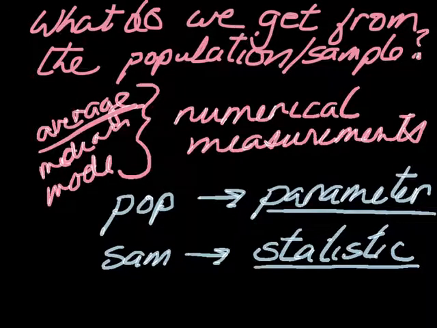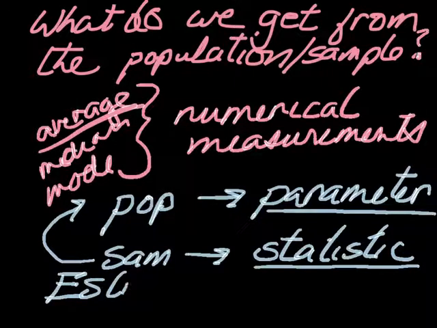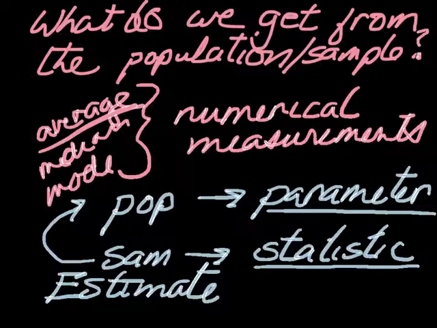So generally what we want to do in statistics is take samples to help us estimate parameters. So when you read these problems in class, you want to make sure, is it a sample trying to estimate the parameter, or is it just the population and I'm trying to find the parameter? Once you figure that out, then you'll know which is which. So that's population and sample.